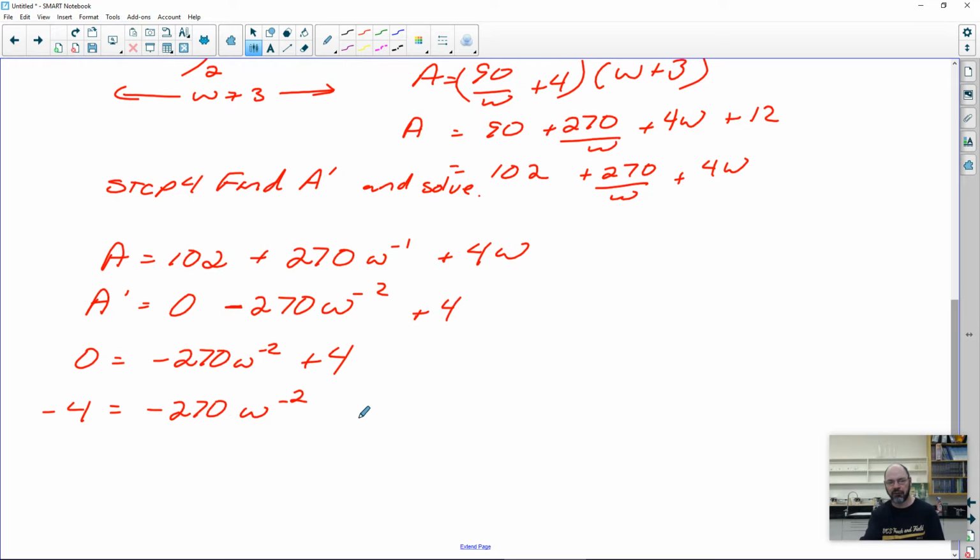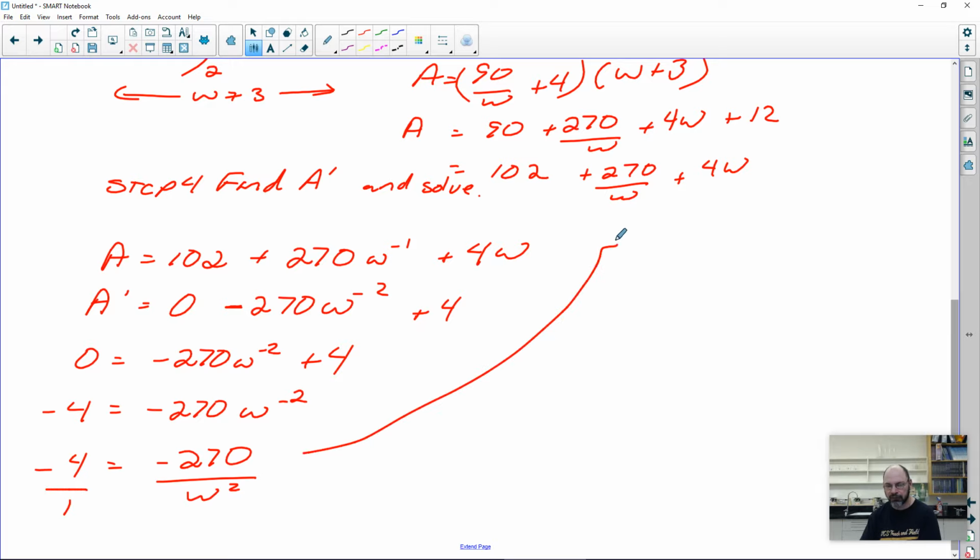So first thing we're going to do is take this and write it back into the fractional form so that we can do cross multiplication here to solve it. -4 equals -270 over w squared. So now we don't have any negative exponents. So now we can cross multiply by going these two times that one. This will be like -4 over 1. So we go -4w squared